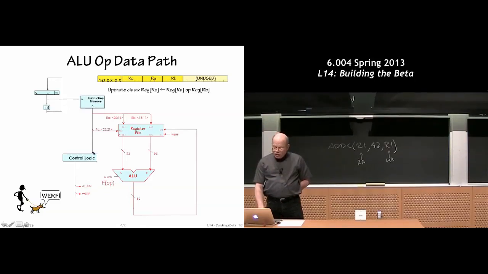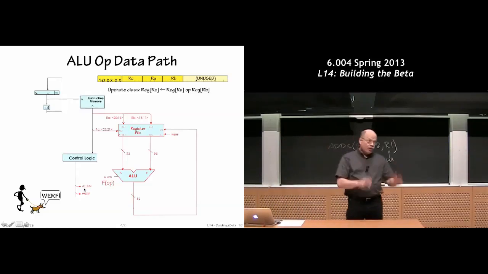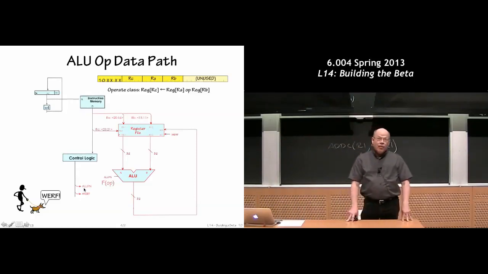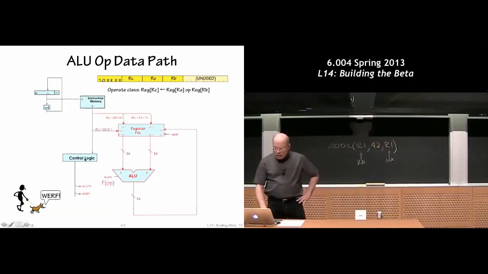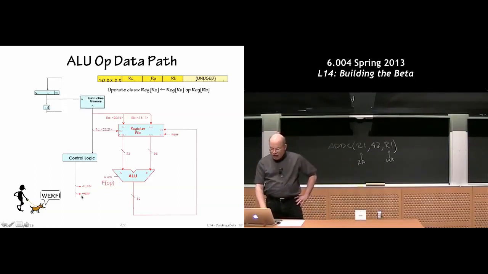So part of the job of the control logic is to take the 6-bit instruction opcode and produce the 5 control signals the ALU needs to decide what operation it's performing. We're going to be putting the 6-bit opcode into the control logic, and getting out 2 things, at least so far. One is a 5-bit field, which is directly the 5 bits that control what function the ALU computes, and